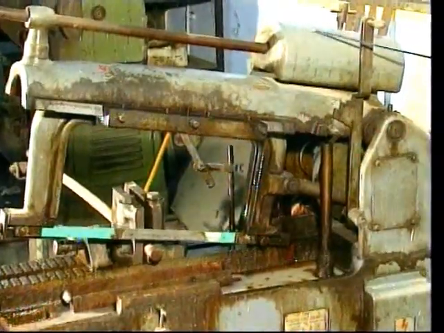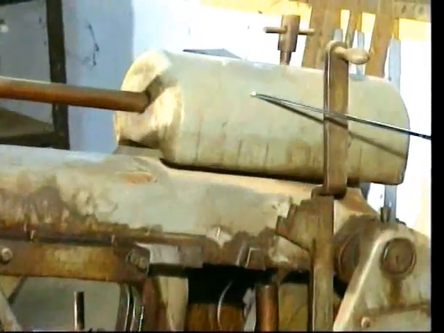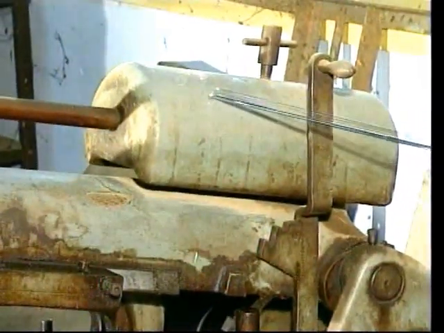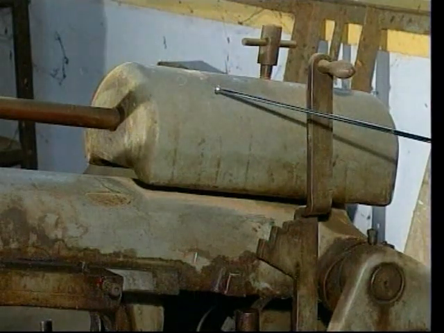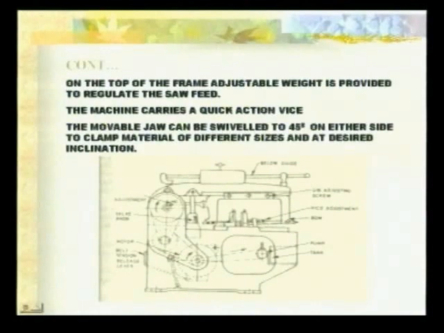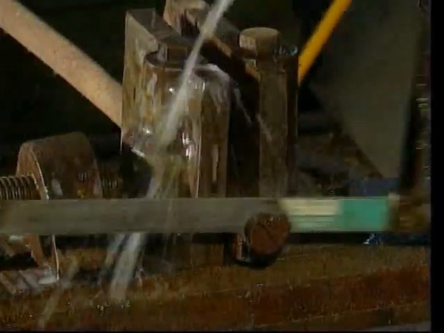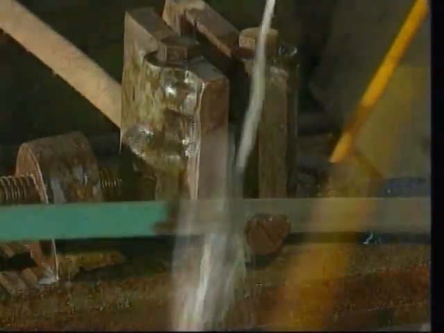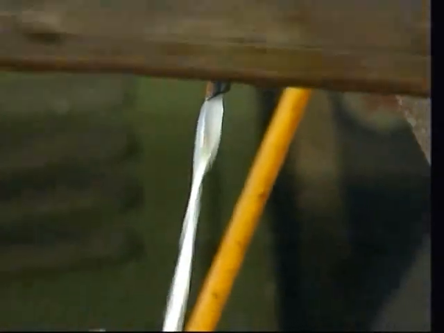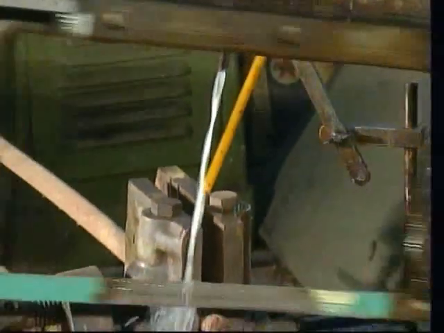Down feed is applied during the cutting stroke. The saw feed is regulated by the weight kept on the frame. For cutting pipes and thin sections, weight should be adjusted behind the moving center of the frame. For very light cuts, it is necessary to remove the load completely. While sawing, the work and blade are cooled by cutting fluids. Cutting fluids arrangement is there.